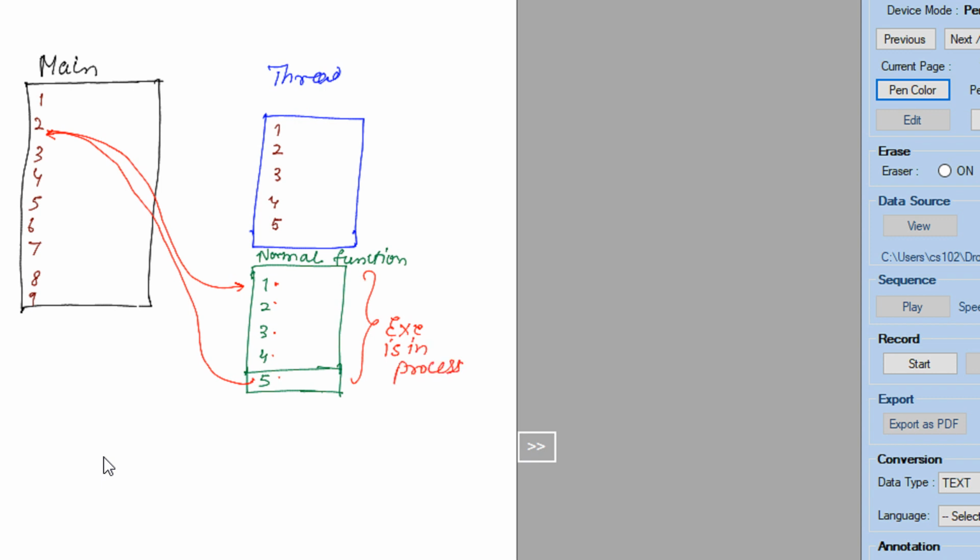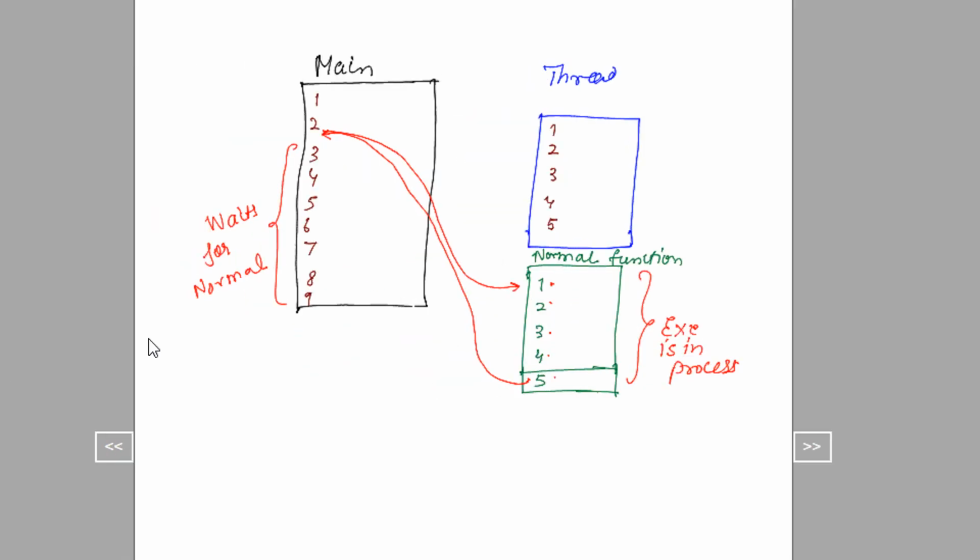Till the execution is in process, 3, 4, 5, 6, 7, 8, 9 will not execute. So this basically says it waits for the normal function to end.